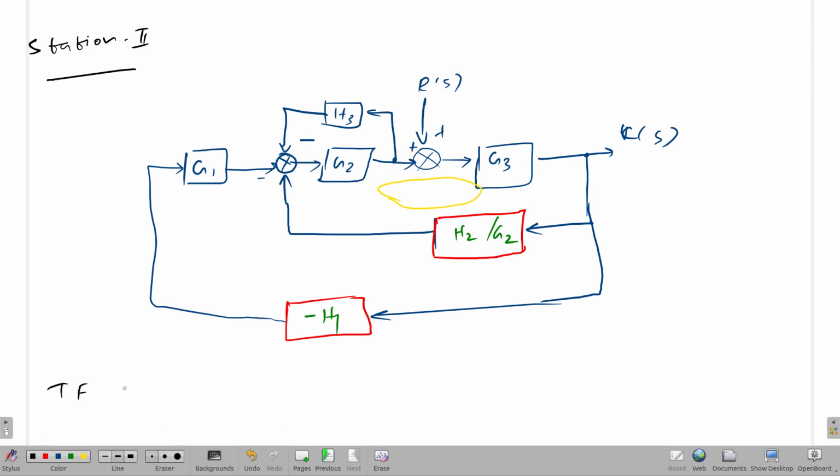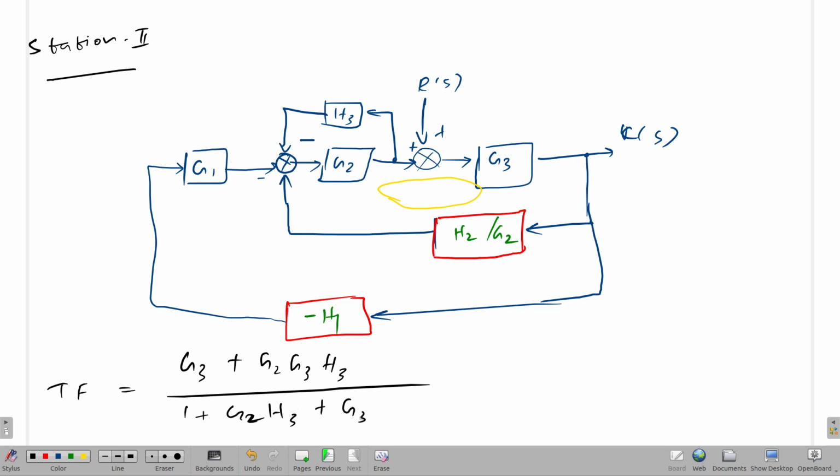and the final answer will be (G3 + G2 G3 H3) divided by (1 + G2 H3 + G3 H2 + G1 G2 G3 H1). So this is how you approach a multi-input, even a multi-output system. What you have to do is just ignore the output that you are not considering. That is, you don't have to go through that path, because for example,